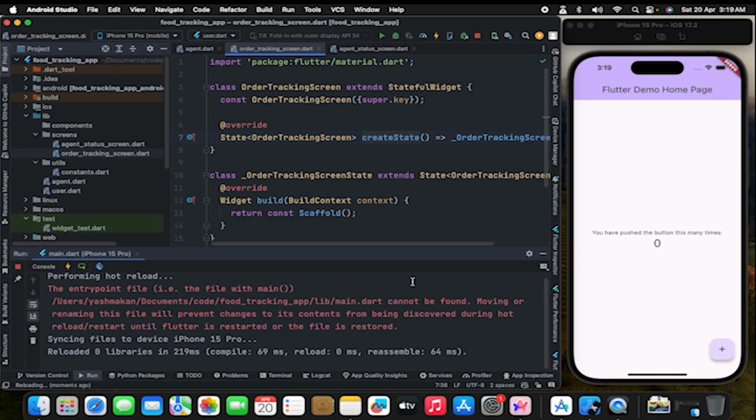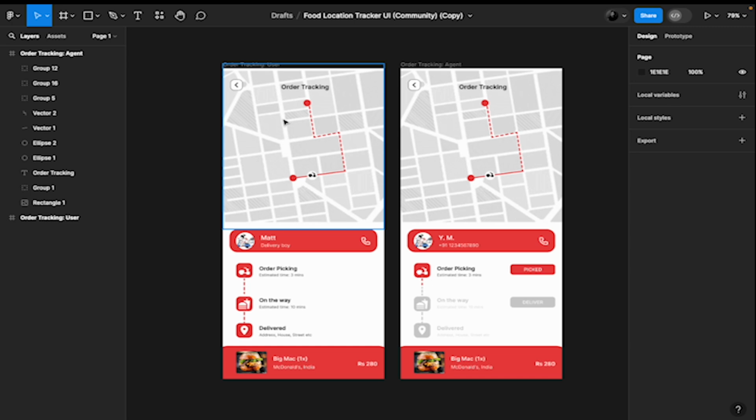So that's what we're gonna make right now. So let's just run it from the user's perspective. Now the order tracking screen, what it's gonna take is, so first we have to determine if the order tracking screen is opened by the user or the agent. So basically what we can do is agent will be getting the order as, so we have to create a